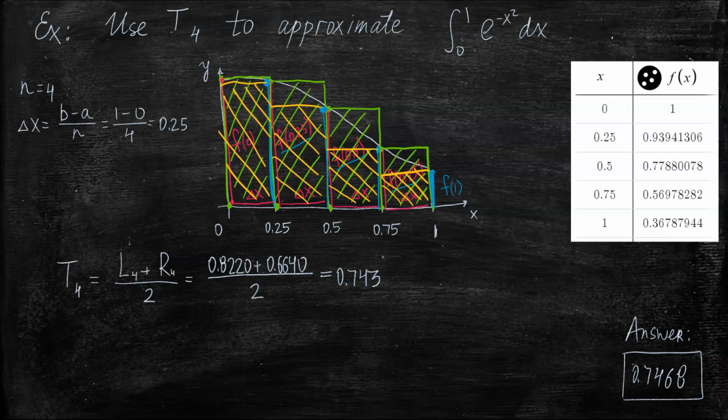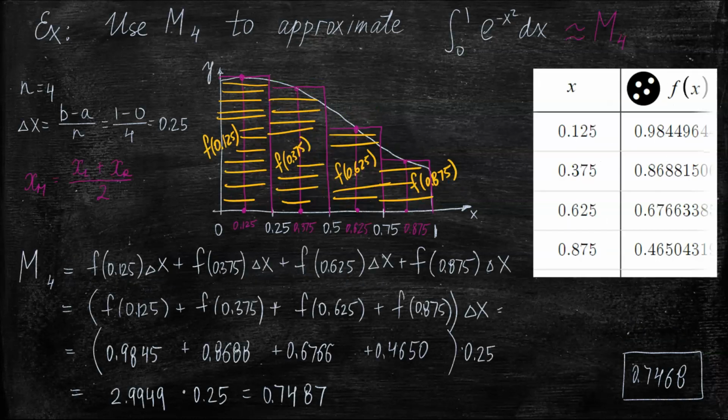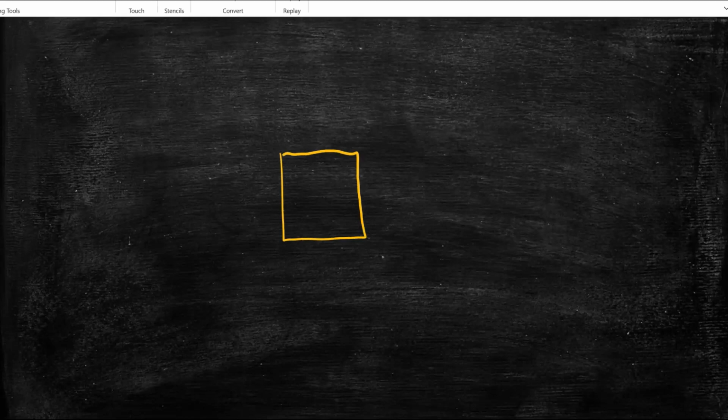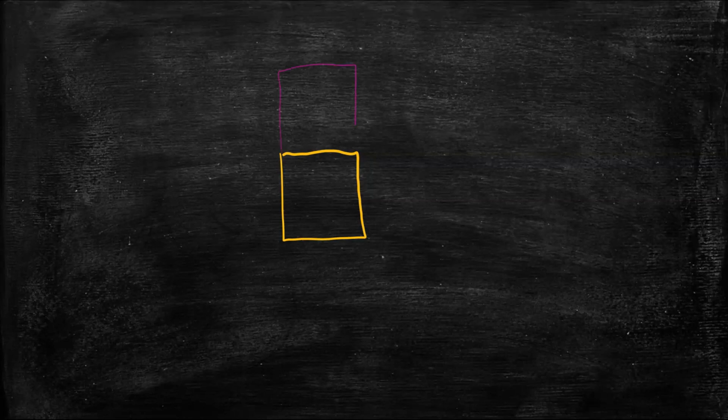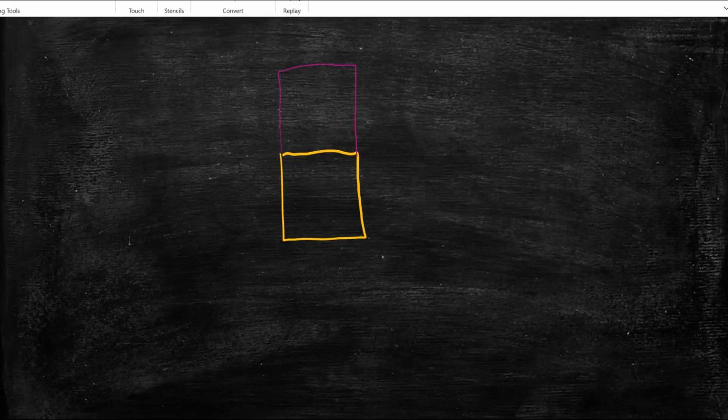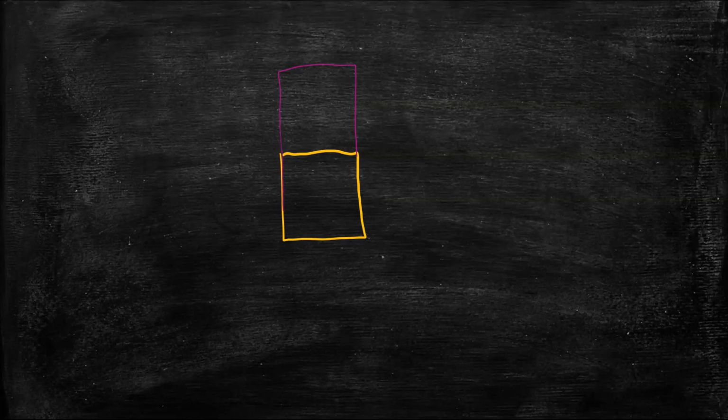But the question is, why is it called the trapezoidal approximation, if all we're doing is finding the average between the left endpoint and right endpoint approximations? And the answer is in geometry. When you're looking for the average area of two rectangles that look like this, for example, what would the average area of these two rectangles look like?